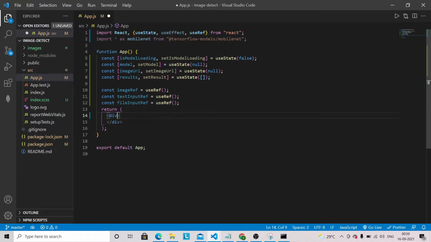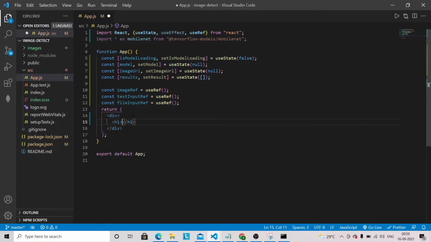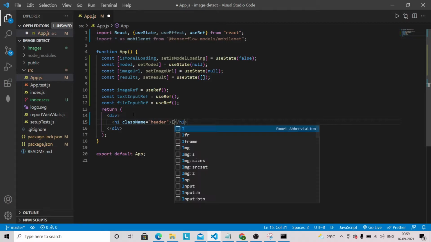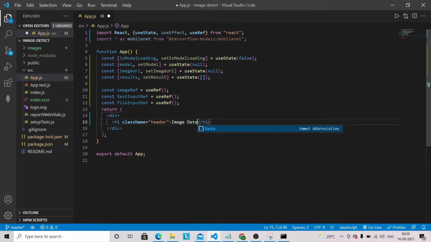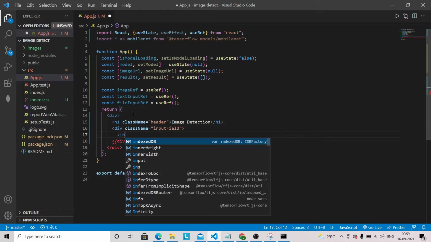So let's remove that one, and we are going to have an h1 tag here, and I'm going to give the className header, and this will be a heading like Image Detection, and we are going to have a div with the className input field, and inside that we are going to have one input,